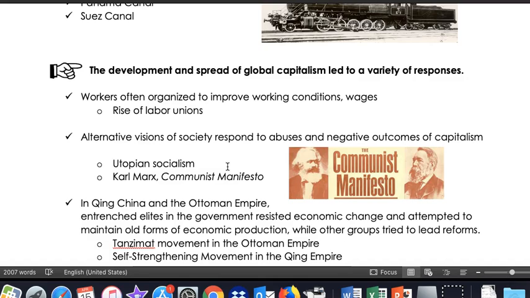In the factory system, we know that working conditions were quite harsh, and because there's kind of an oversupply then, they were paid low wages. So labor unions will be a result of this. The labor unions will be created to collectively bargain for the rights of workers, whether it's higher wages or better working conditions. So that is one response.